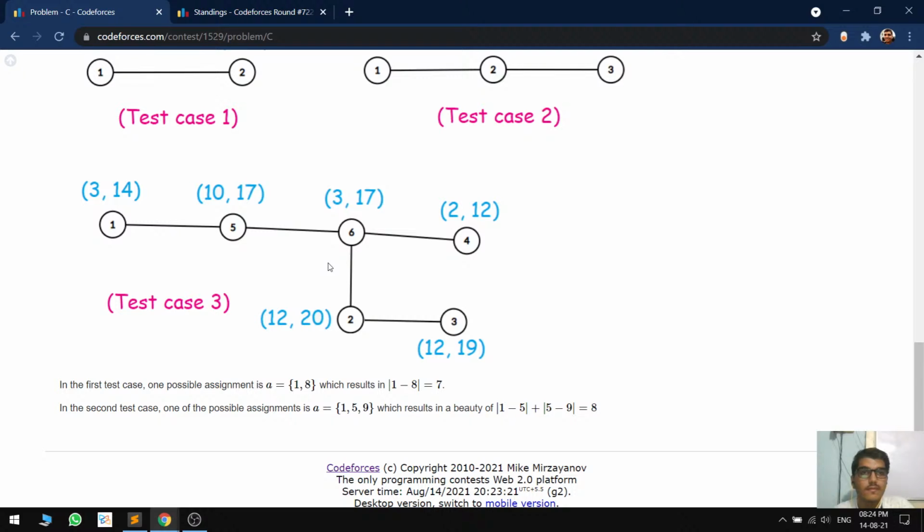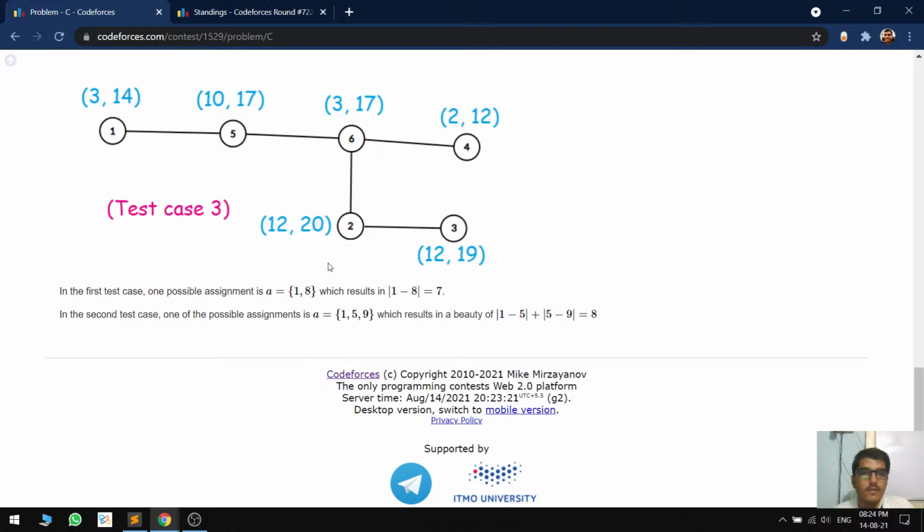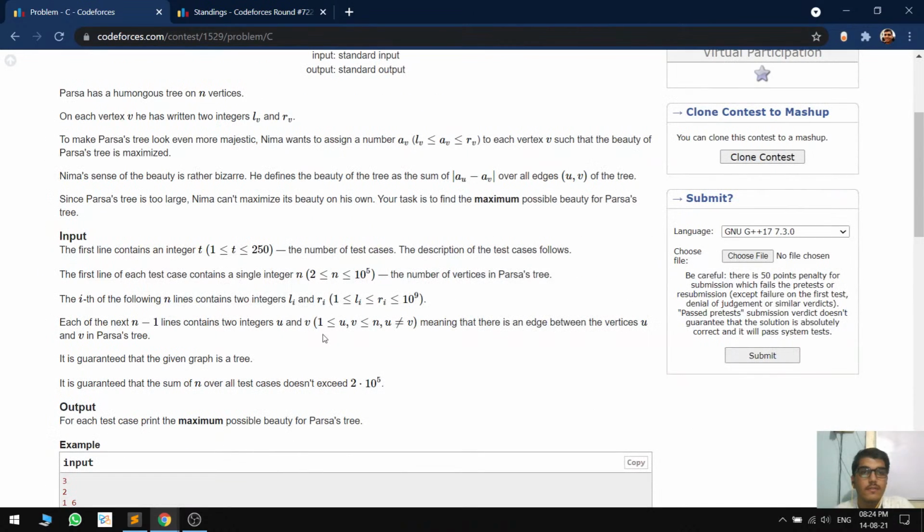So I have no idea how to do this. Okay, what is a_u and